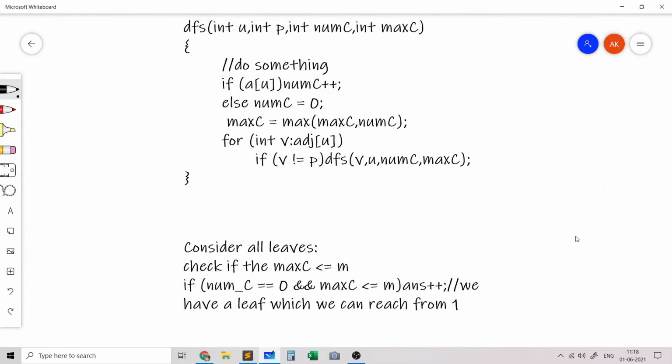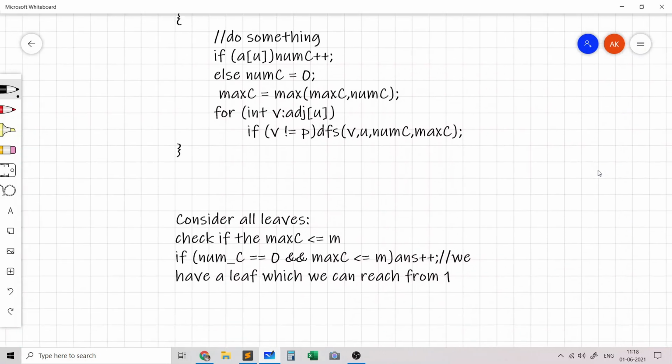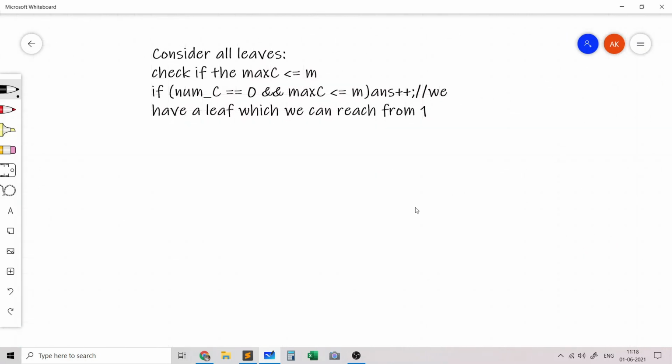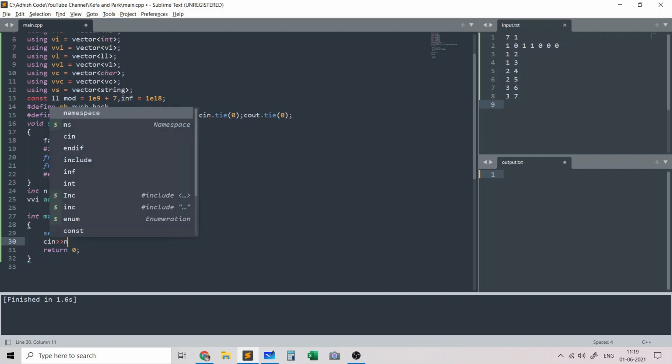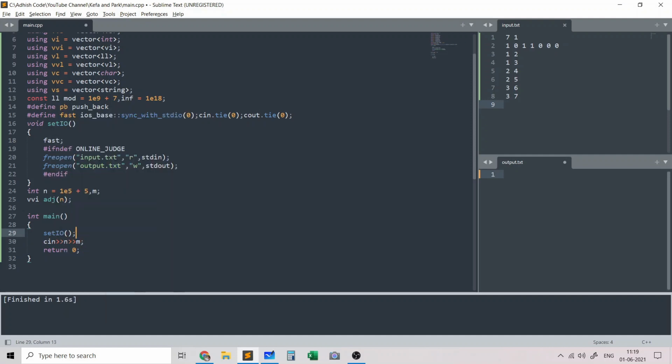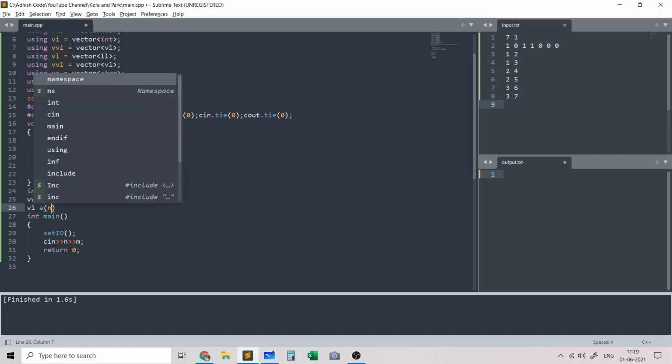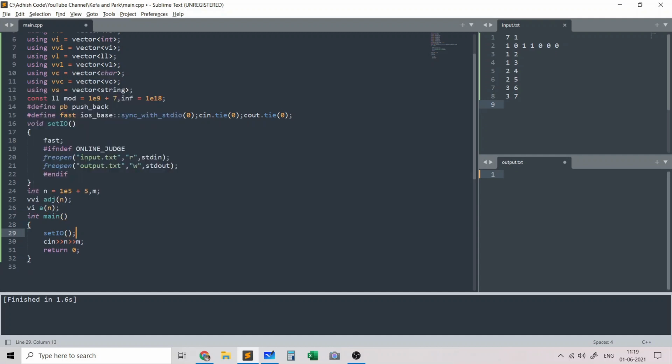So now that we have figured out how to write the DFS function and how the solution works, let's just write the code. In the code, first I define global variables n and m, and I define them to be 10 to the 5 because the maximum number of nodes in the tree can be 10 to the 5. Then I read in the graph. First I read in n and m, and since they mentioned whether or not each node has a cat, I'll have the A array. Then I'll read in all those zeros or ones,